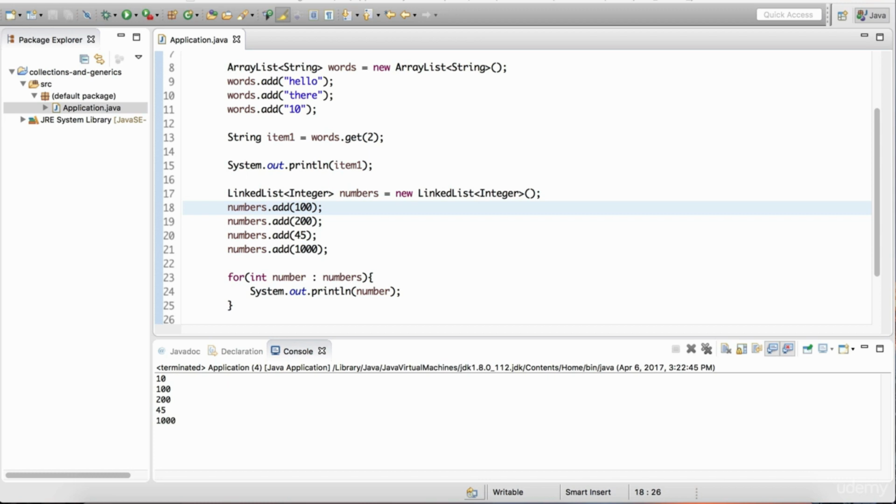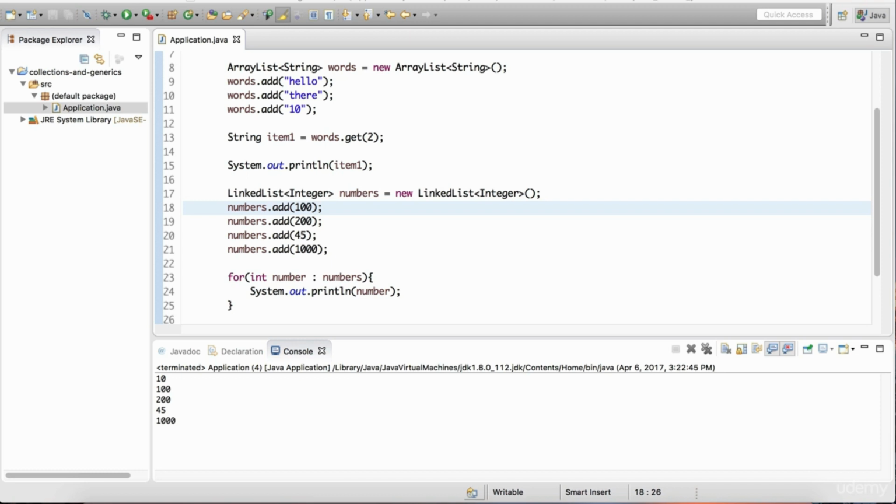To retrieve values from a linked list, it would have to be traversed completely to find the particular element, whereas with an ArrayList, retrieval is much faster. You just give the index position and there is no traversal. It immediately goes to the particular slot and gives us that data. So the linked list is faster for manipulation but slower for retrieval. The ArrayList is faster for retrieval but slower for data manipulation, because you'd have to create new arrays as you